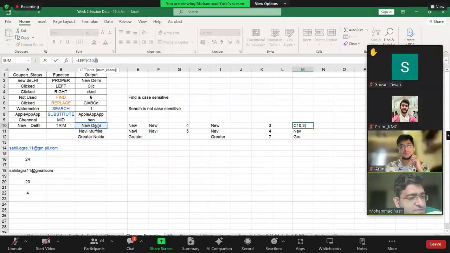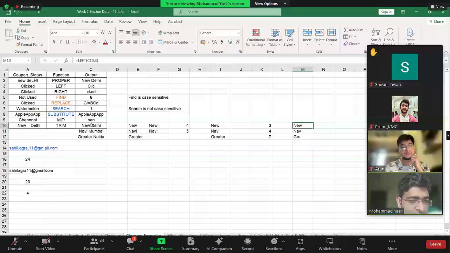So what is the logic I want to create? Whenever I find a space, I want to cut the string there, right? So instead of giving a fixed number of characters, I will get the position of space.